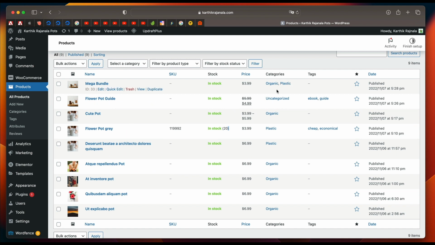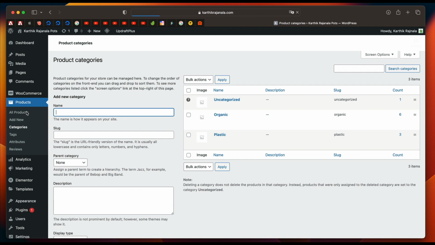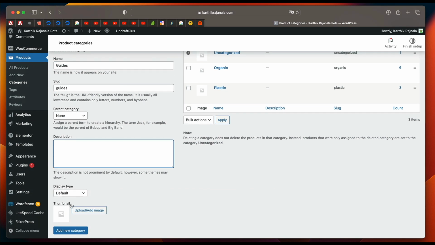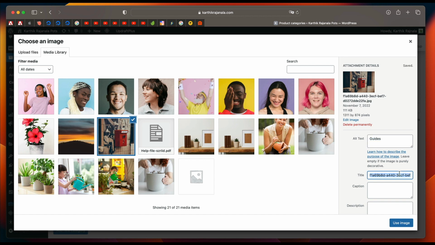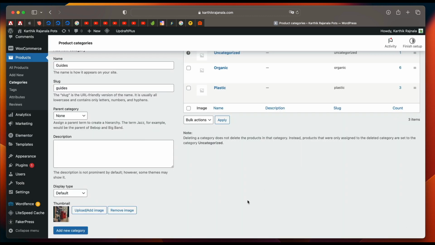And under categories, you can see we have a lot of categories, right? Speaking of categories, we can click on categories. Instead of creating those while you create products, you can click on the categories tab in here. I deleted the guides category. Let me re-add it. So the name is guides and the slug will also be guides. Slug is basically the link or the URL. And I can also choose a thumbnail image for the category. Maybe I'll just use this, give it a meaningful alt text, also a title,